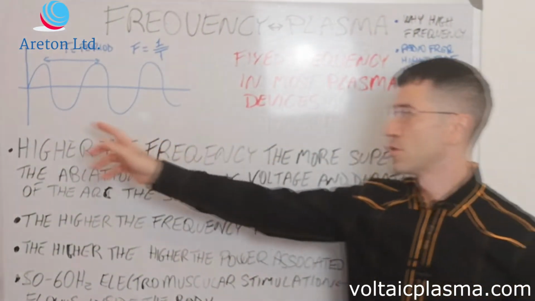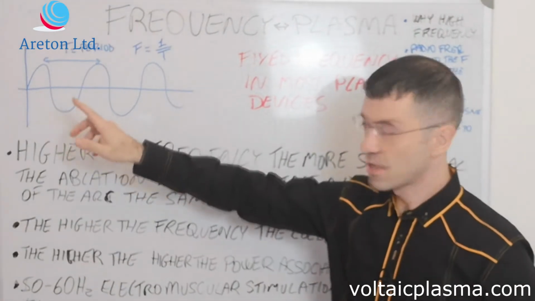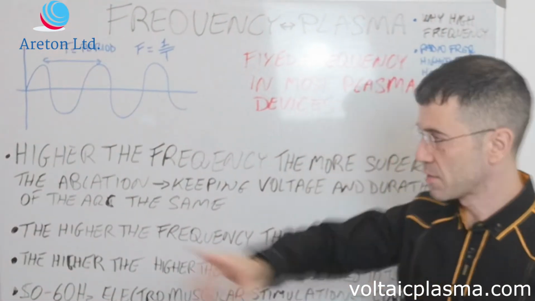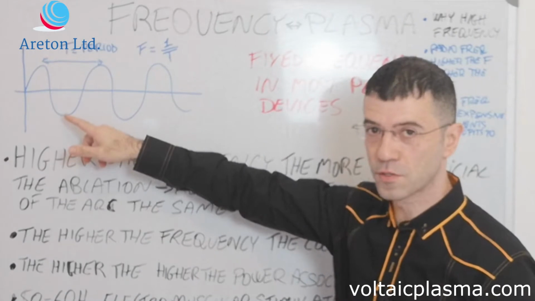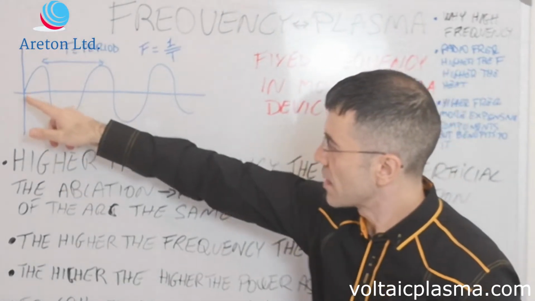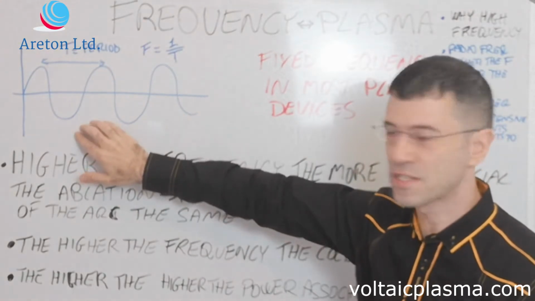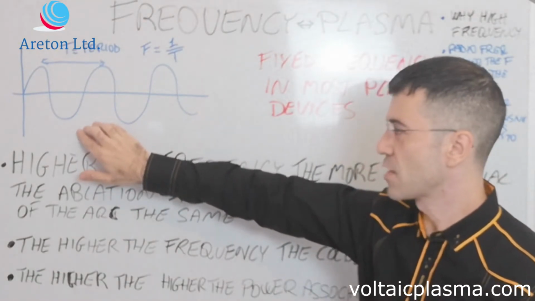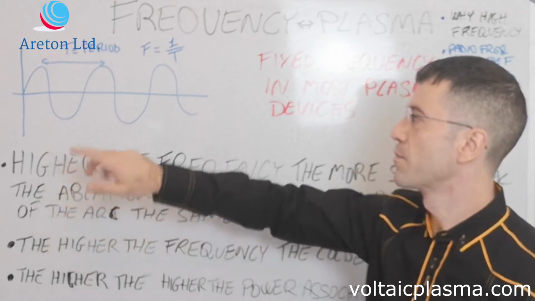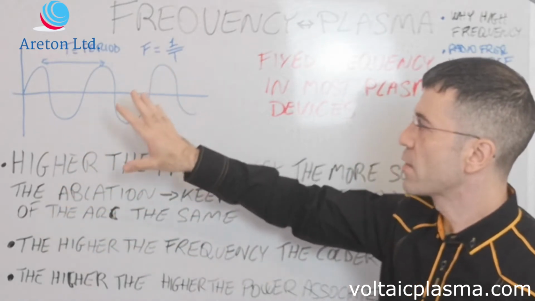At the output of the vast majority of plasma devices, if you use an oscilloscope, you'll find a sine wave of this sort, or something that looks very similar. What manufacturers are always trying to achieve is a sine wave. So, what frequency is